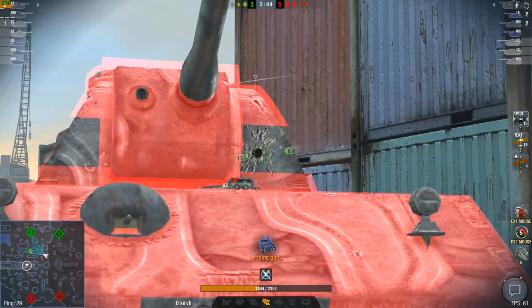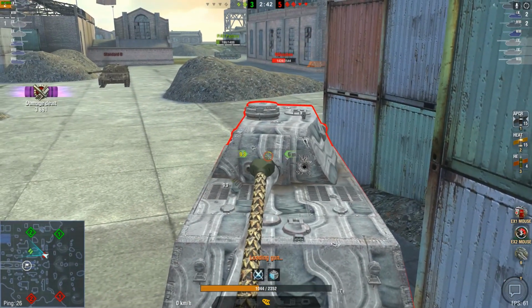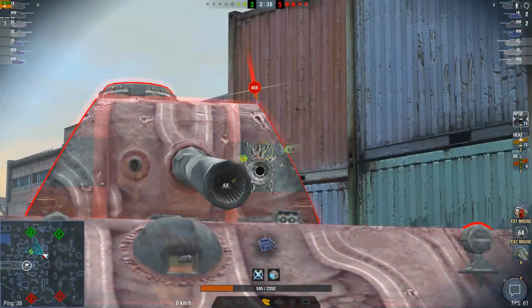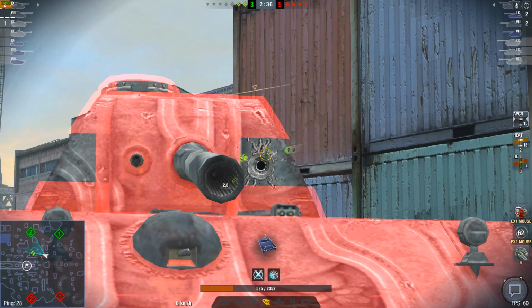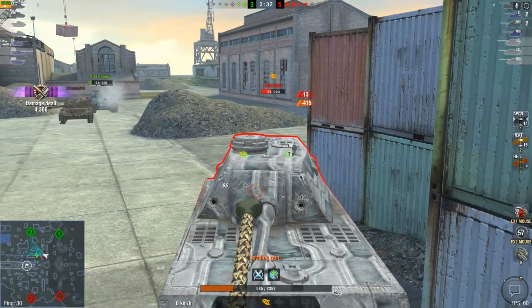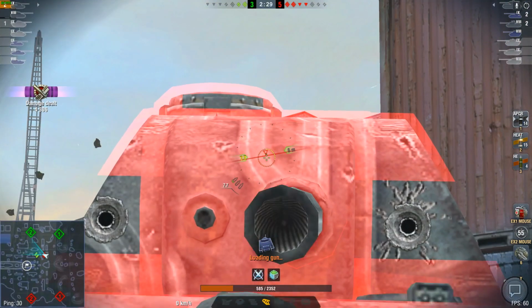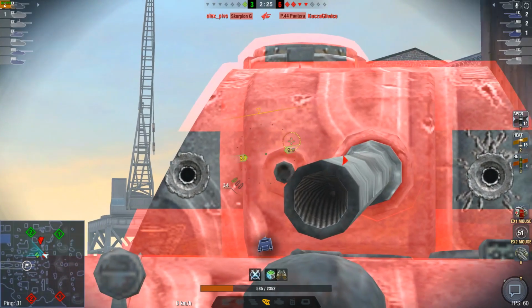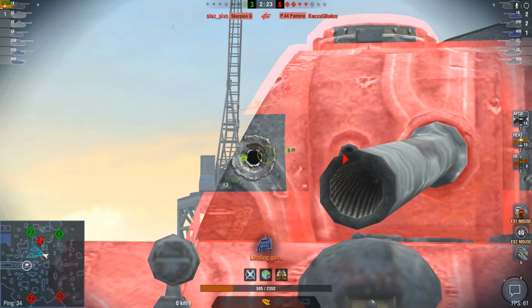So the Pantera is also not being a help at the back, because he's not actually aiming at the moise gun. But yeah, as you can see, I just did a lot of damage in this game. It was pretty good. I did 4,200 damage. But still, that was because I was hiding from the enemy. The enemy wasn't anywhere near me, and I could just shoot them while